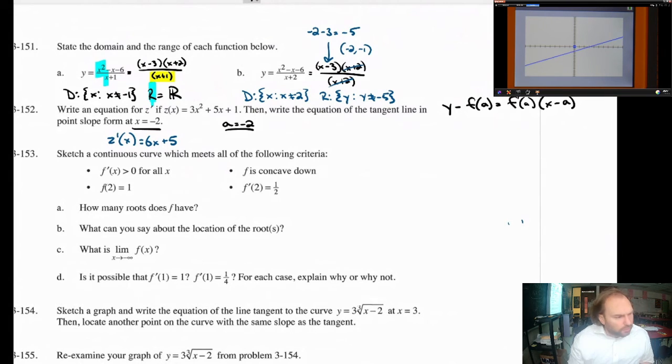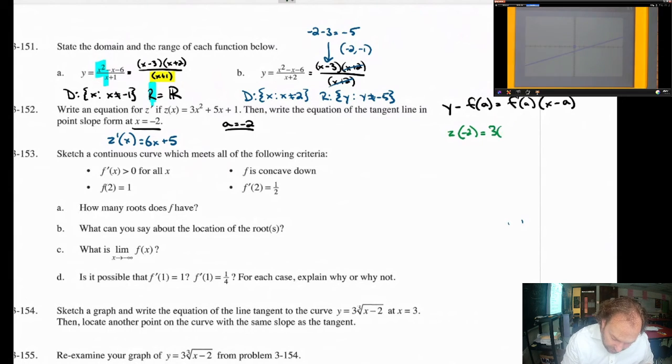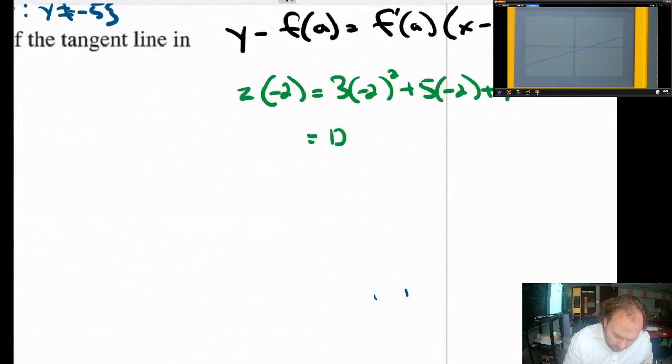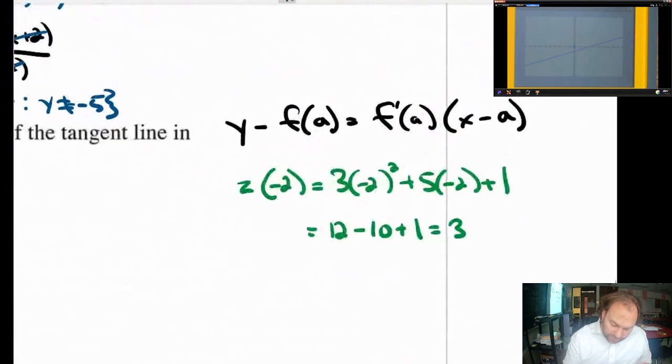That's what they told us when they wanted x to be negative 2. So we kind of have to go shopping a little bit. We first need to know what z, the original function, is of negative 2. That would be 3 times negative 2 squared plus 5 times negative 2 plus 1, which in this case would be 3 times 4, which is 12, minus 10 plus 1, or 3. So this number will become negative 2, this number will become 3, and we also need to know